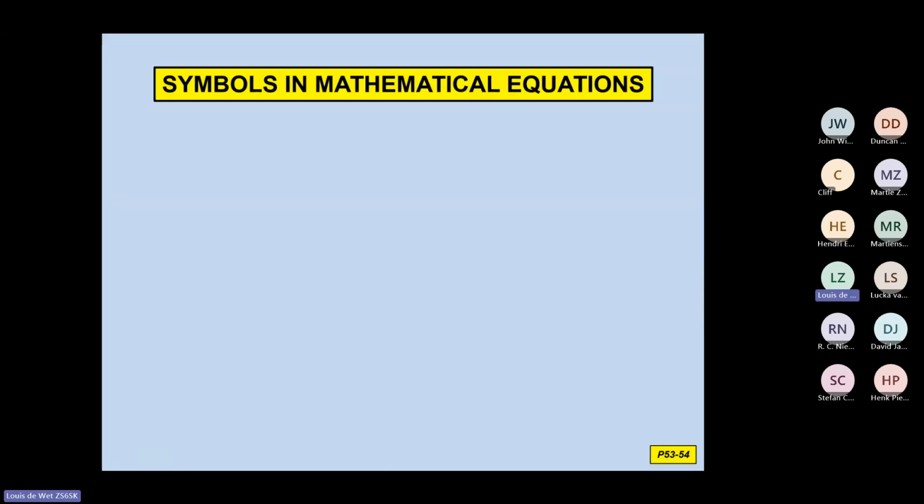Now we got the symbols in mathematical equations, and this is page 53 to 54. If you're looking there, just go look at 4.3, rearranging of Ohm's law. Just practice, check if you still understand your algebra there, how Ohm's law is applied, and how you rearrange the variables to get to the point where you want to, either to calculate voltage, resistance, or current.